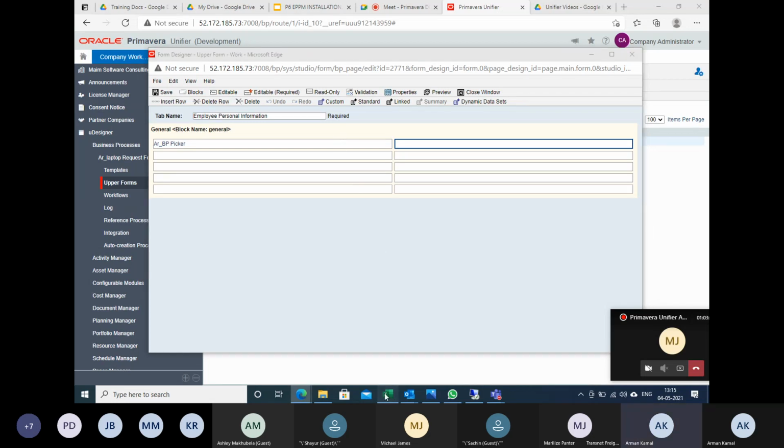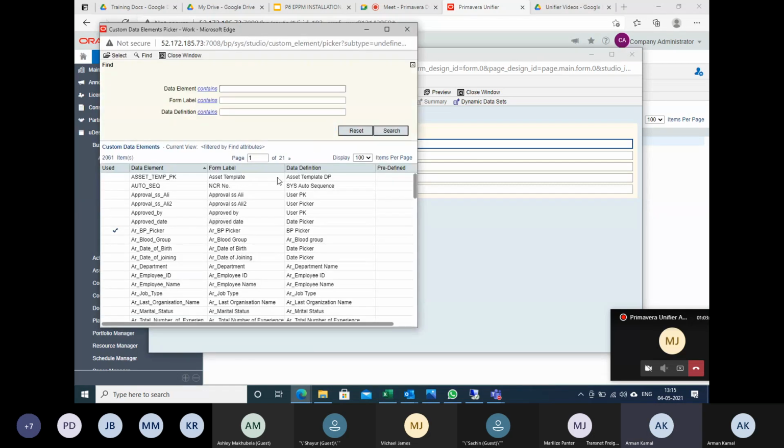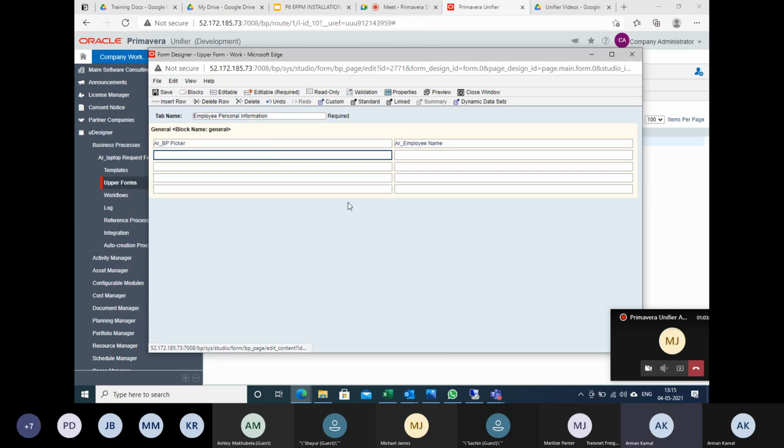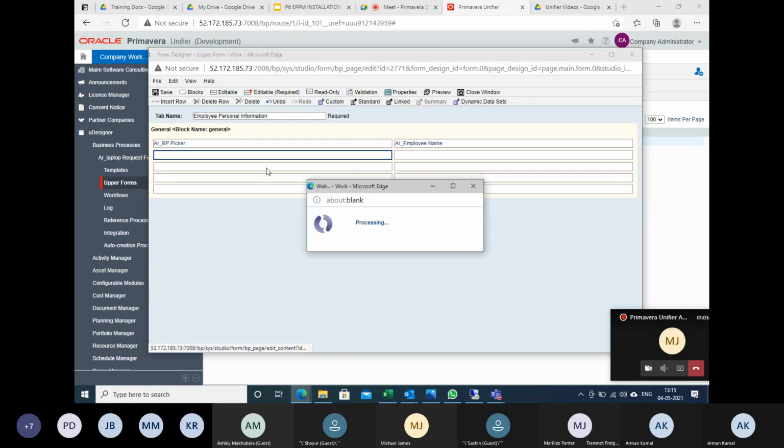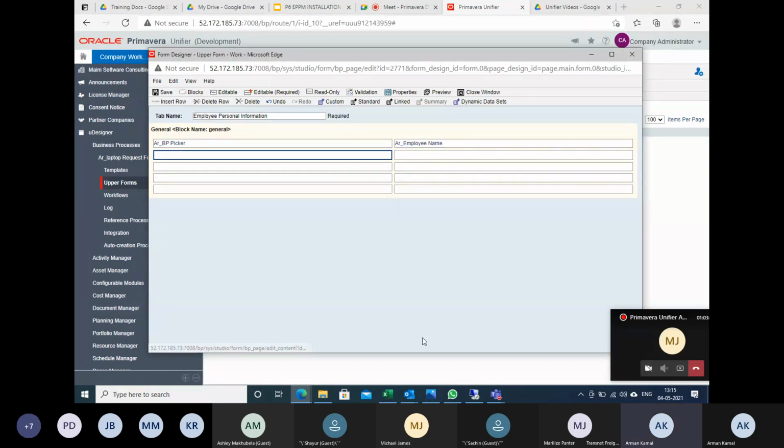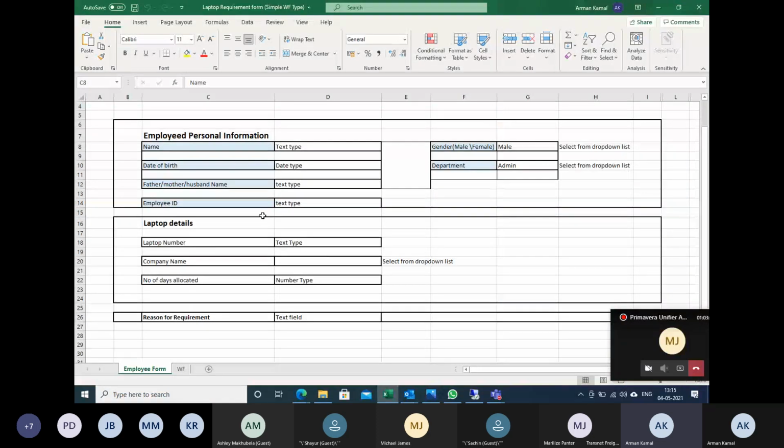Now I'm going to add the fields one by one. What are the fields I need? Name, so I will select AR employee name. What is the other field?